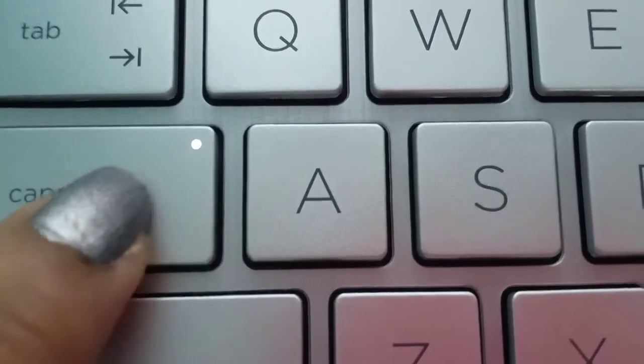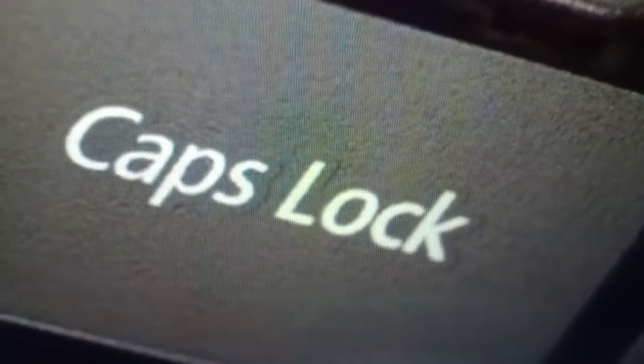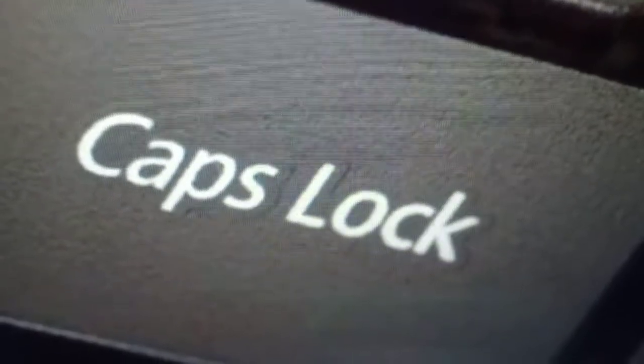This one is off, this one is on. So in different computers or different laptops, the caps lock on and off indication is different. So in general, caps lock key is used to type the letters in capital or in uppercase only. Okay.